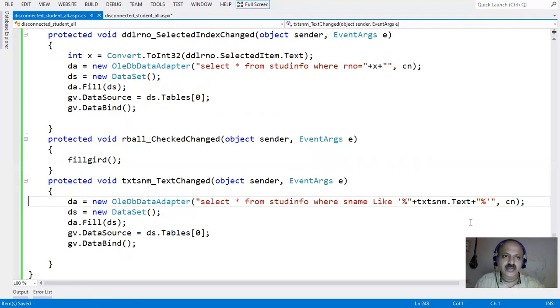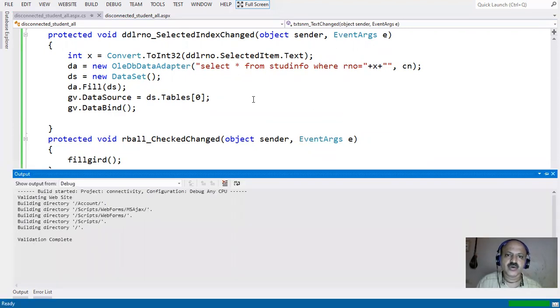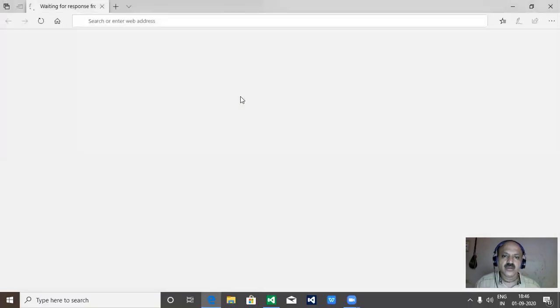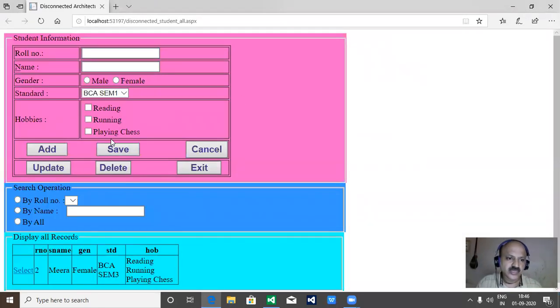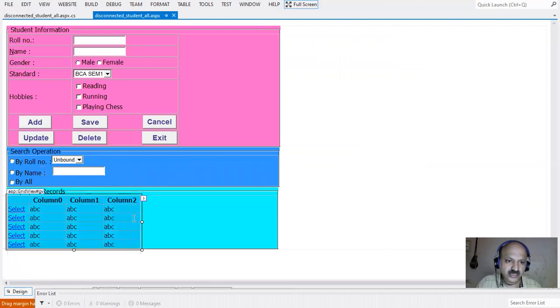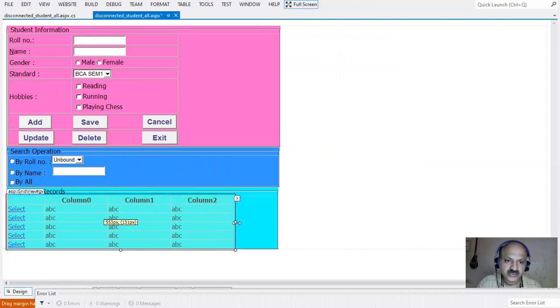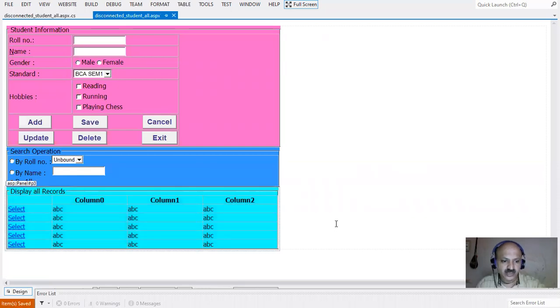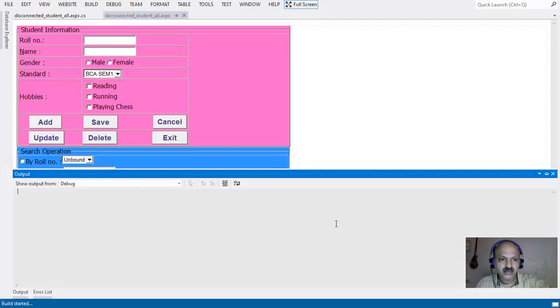So I save, and now I run all the operations I perform. Let us check whether all is well or not. Okay, it takes a long time because we take all the operations. So now first I increase the size of the grid, because that size has decreased somewhat. So here we have to increase that size. So I think that is better. Yes, I save and run. Okay.